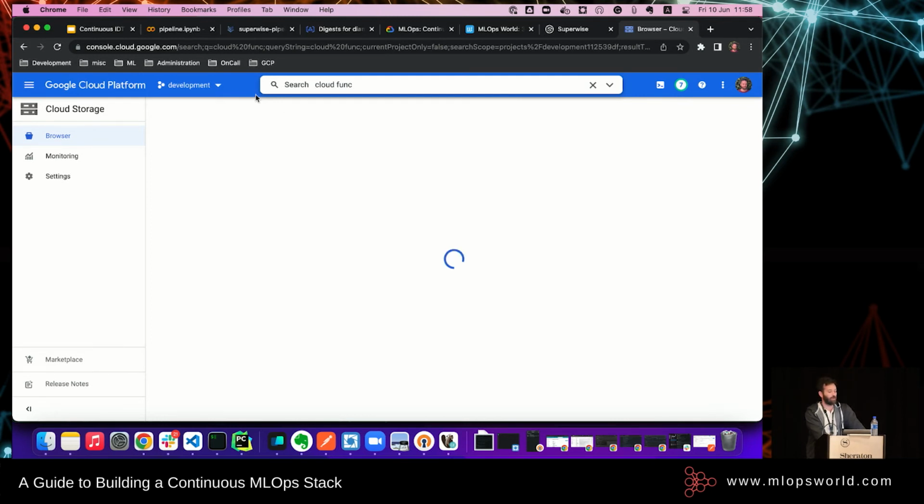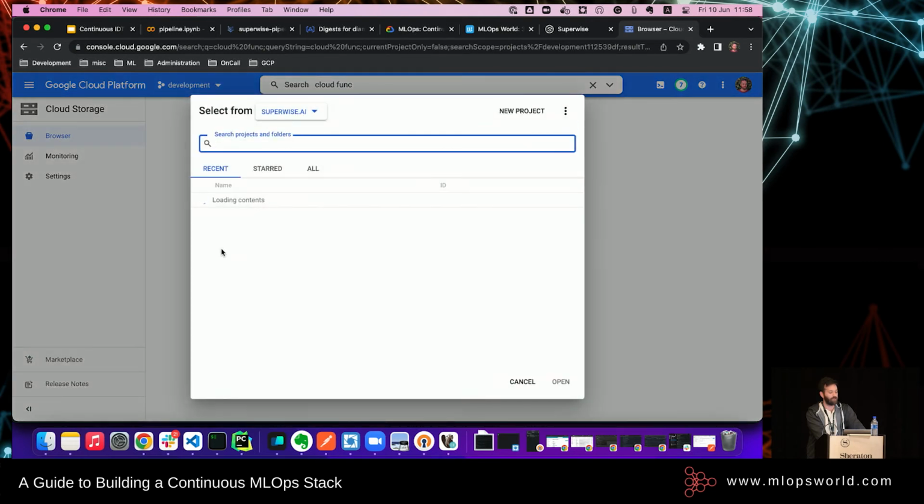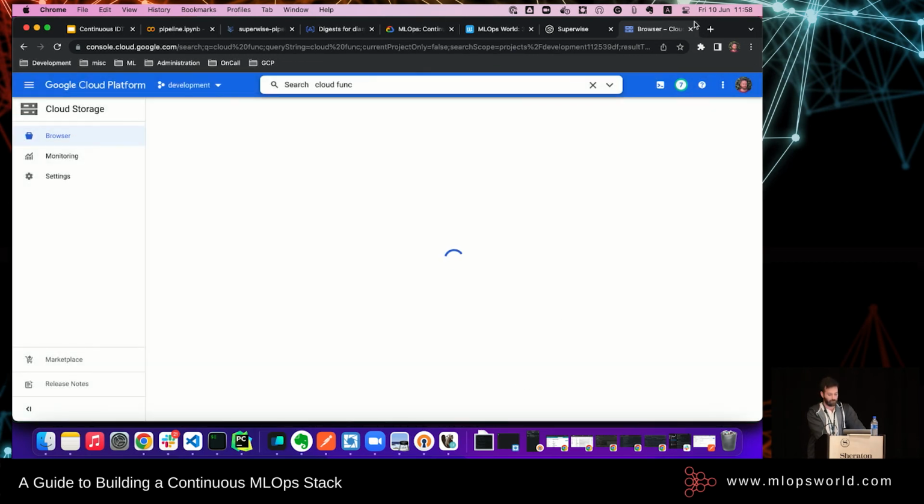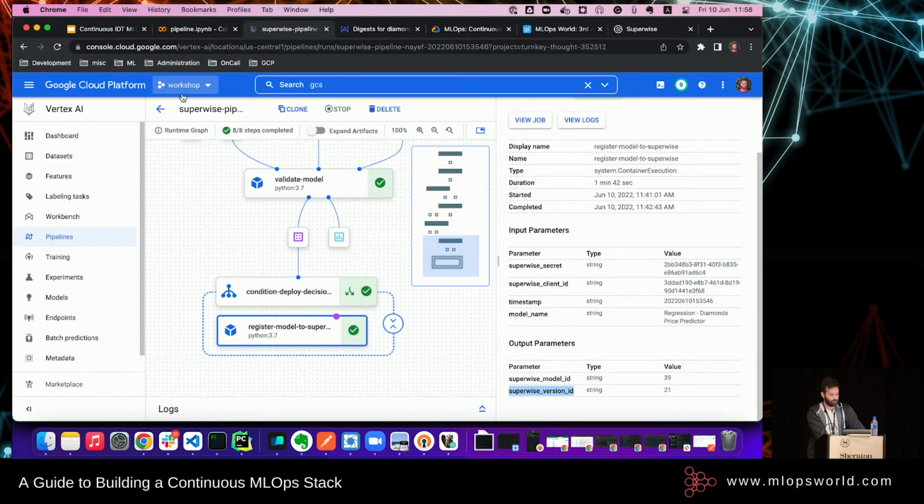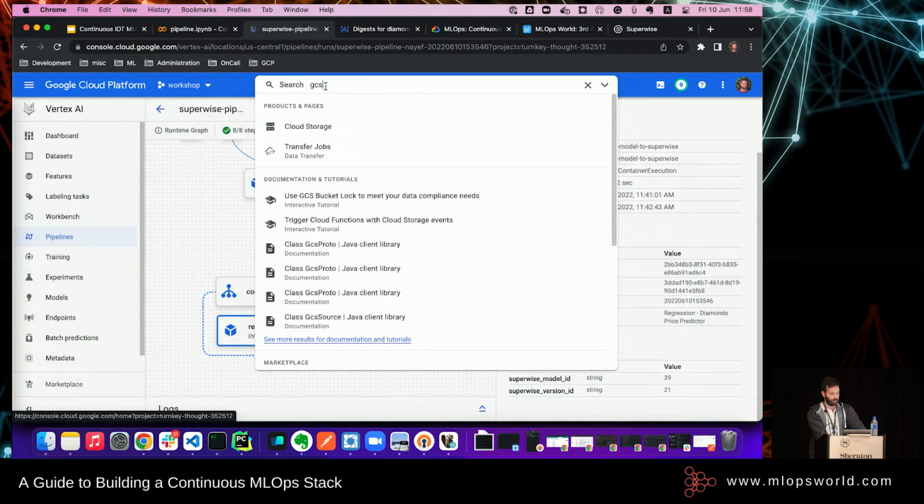It makes everything so slow all of a sudden. Oh, we're in development, sorry. We should move to the project of the workflow workshop. I'm sorry for it. Go here and look for it.